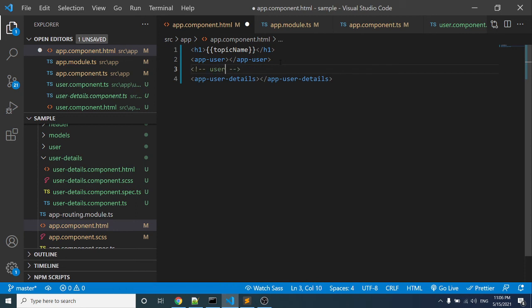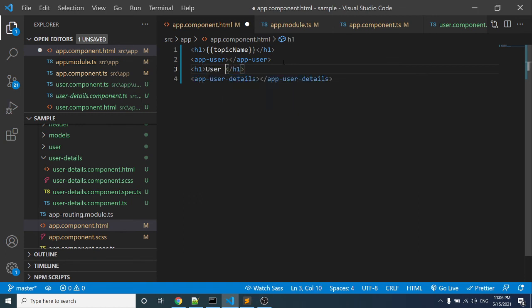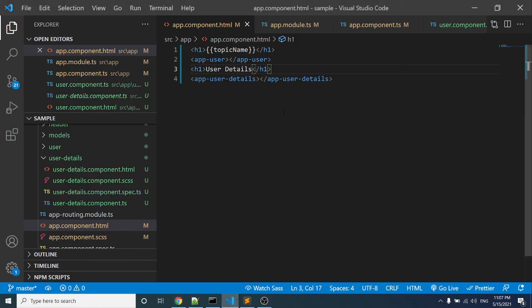Let's put a heading here. Let's take one h1 tag so that it will be clear: h1 user details component. Let's save and refresh the browser. Here you can see the top one is the user component and the bottom one is the user details component. In this user details component, we want to display the username, user ID, and user phone number.